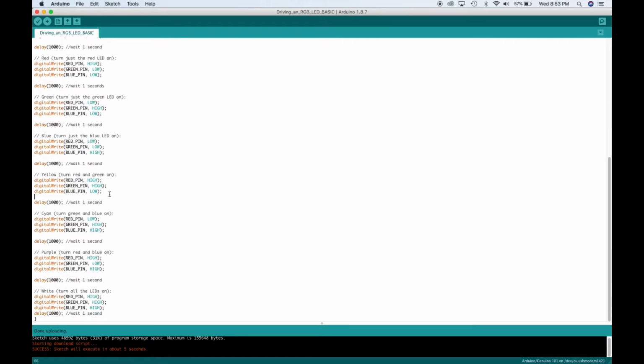Here we're going to create yellow by turning the red and green pin on, so the lights will mix, turning the LED yellow. Again, we're going to wait for 1 second. Here we're turning on the green pin and the blue pin to create cyan, and we're going to wait for 1 second again. Here we're going to turn on the red pin and the blue pin to create purple, and